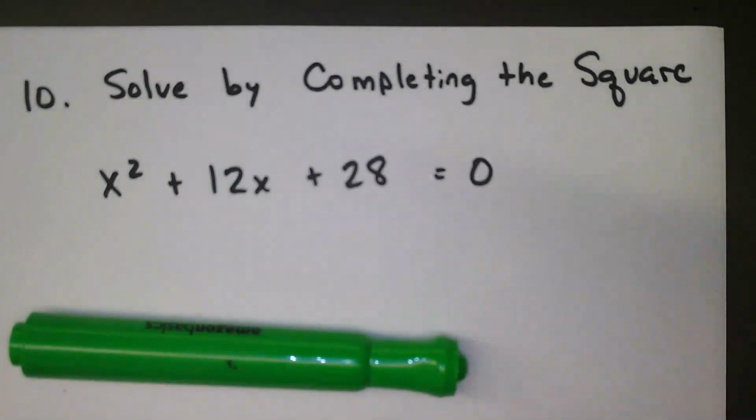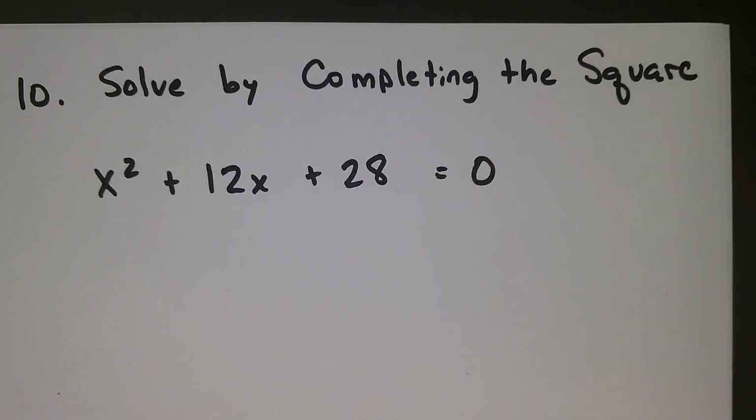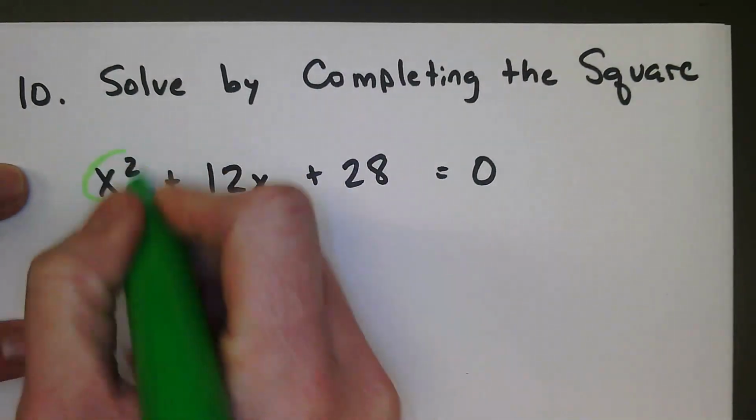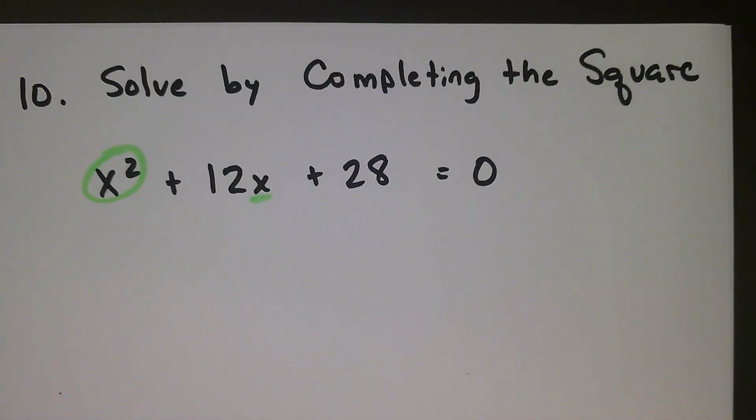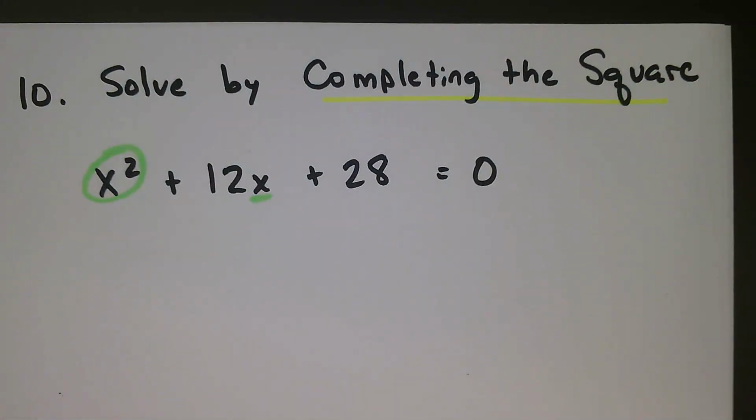This is a quadratic, and we are asked to solve it by completing the square. By the way, I know it's a quadratic because I've got an x squared term and an x term. I'm specifically asked to complete the square, but in general, because it says solve, I know what I'm asking for